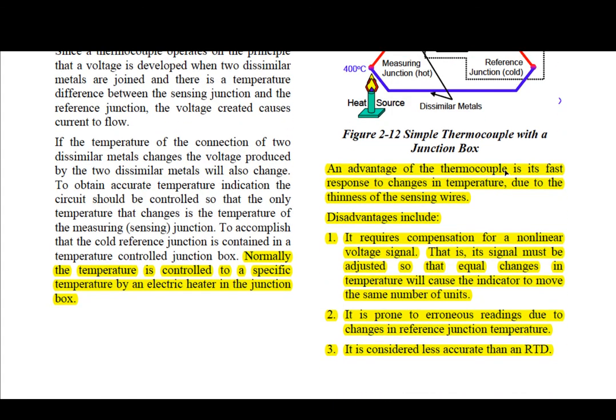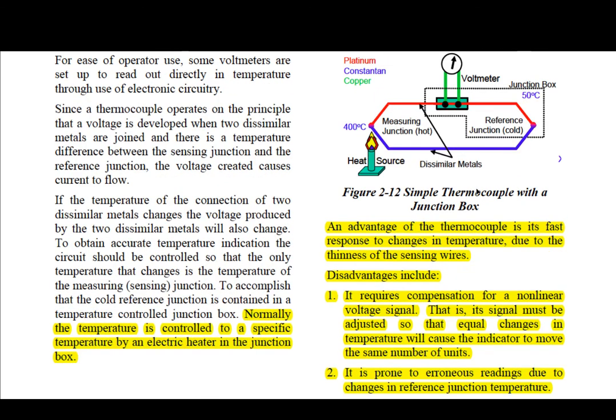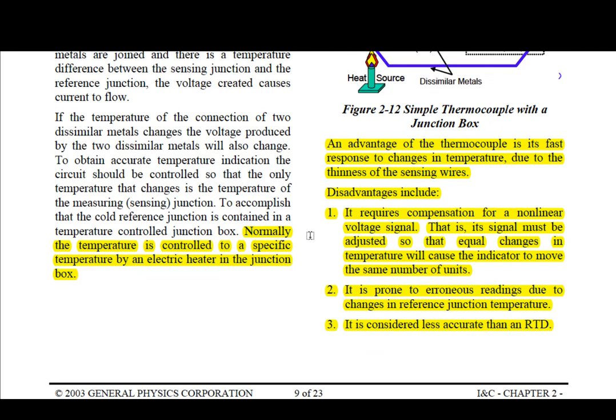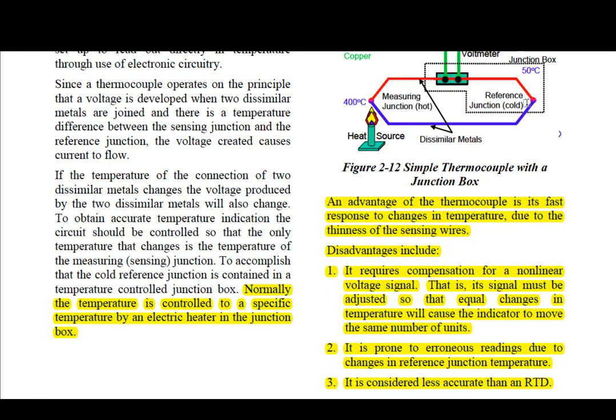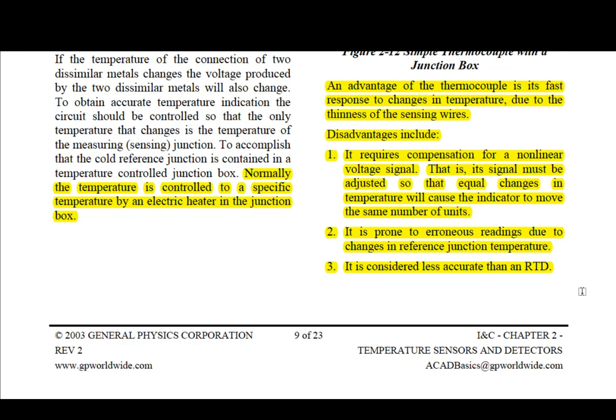Okay, the advantage of the thermocouple is its fast response. It responds to changes in temperature due to the thinness of the sensing wires. Also, that's only one advantage. How about this? Disadvantages include it requires compensation for nonlinear voltage signal. That is due to temperature changes, your indication, your reference temperature, and so on and so forth. It's prone to errors due to changes in reference junction temperature. Remember, that was over here where your metering was connected. And then we haven't even gotten to RTDs, but they say it is less accurate than an RTD, where RTD was a resistance